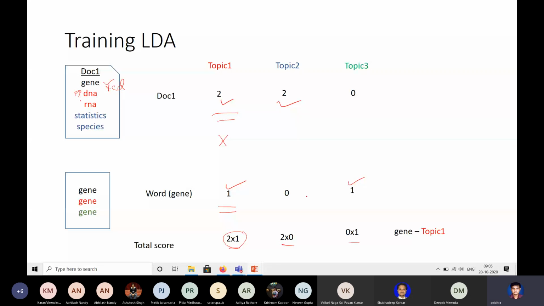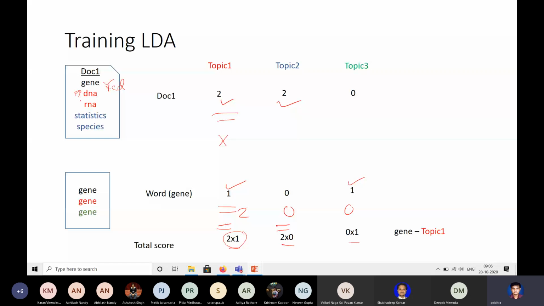Actually, what I will do is slightly different. Instead of putting such a deterministic color according to the maximum, I will generate a color proportional to this probability. In this case, the scores are 2, 0, 0. I have to normalize. Proportional to these probabilities, I will take a color. Maybe the color red will come up.